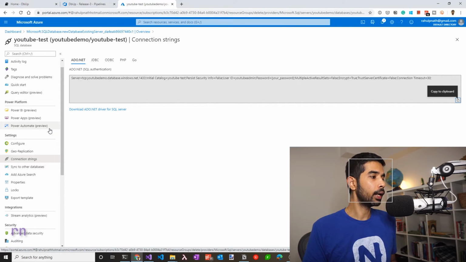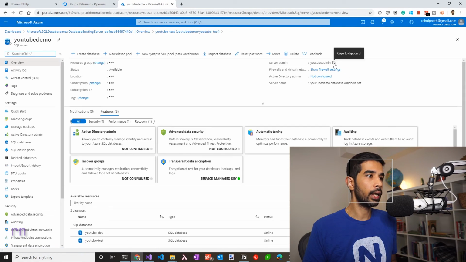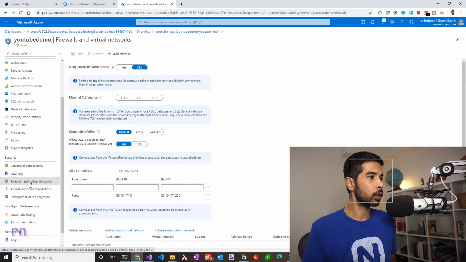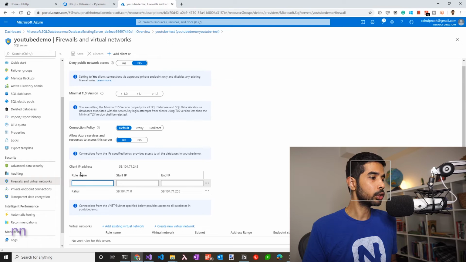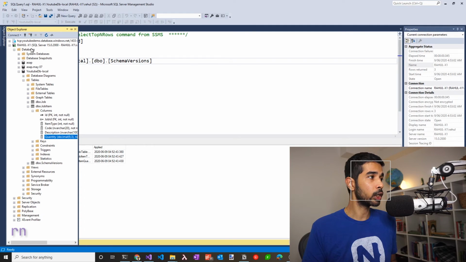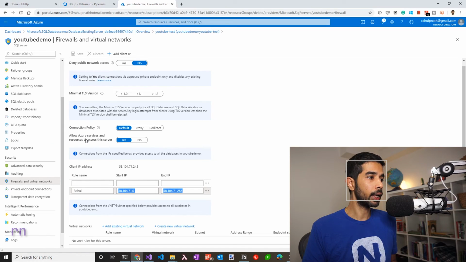By default, when you create a SQL database, it has some network restrictions. If you go into overview, under the server name, you can see a firewall and virtual networks. You need to allow Azure services and resources to access this server and make sure this is checked. If not, the Azure DevOps cannot run these scripts onto the SQL Server. Alternatively, you can also add your IP address for the DevOps range in here. Note I have added my local machine range in here so that I'm able to access this from SQL Server Management Studio as well. So make sure to check this on so that this all works as expected.